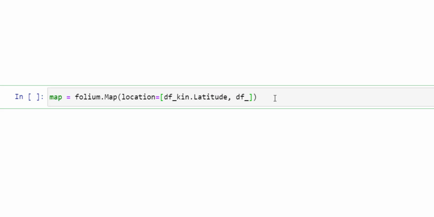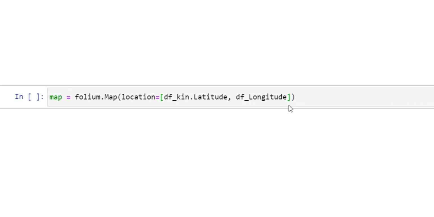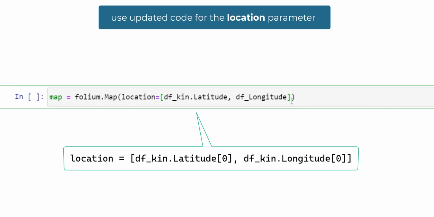df underscore longitude. And you can see that in here we have the latitude and the longitude column. So negative 4.32, positive 15.31 is the longitude. So instead of using the values directly, we are just using the column names to call the column values. The next thing we need to do is choose a base map, and it's called tiles, and we are